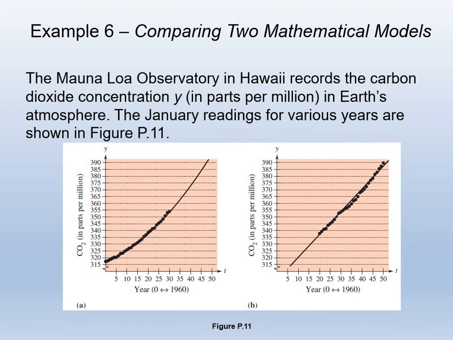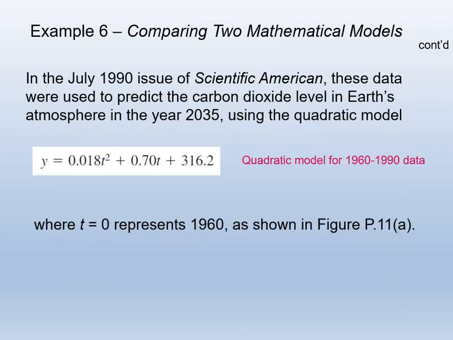So what we want to look at is they're using this model here, y equals 0.018t squared plus 0.70t plus 316.2. They're using that to model the data from 1960 to 1999. What you have to remember here is do not plug in 1960 or 1999. Those represent years, so time in years. That's 0 to 30. The biggest mistake people make is plugging in 1999 or 1960 or 2000 into these, instead of actually plugging in